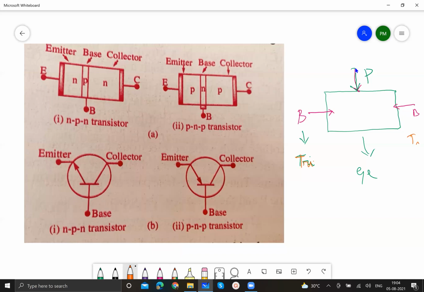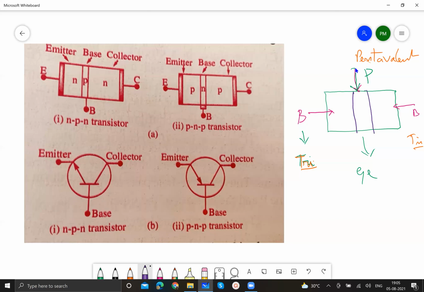Even this is also trivalent. This is pentavalent. So what we are doing here, we are doping two trivalent impurities on both the sides of germanium and a pentavalent impurity in the middle. As a result of that, we will get three different regions. Those regions are